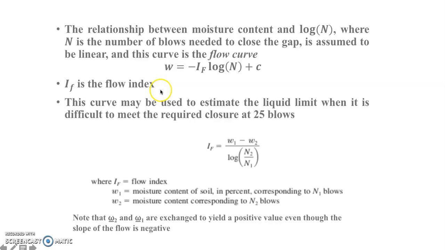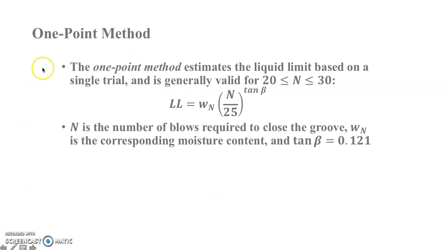And for the flow index, you're going to have this formula, wherein flow index is equal to the moisture content of soil in percent corresponding to N1 blows, and this one is the moisture content corresponding to N2 blows, all over log of N sub 2 over N sub 1, where N of course represents the number of blows. So you just have to substitute the given values, and you can have this I sub F, so that you can have the flow curve. So we have here